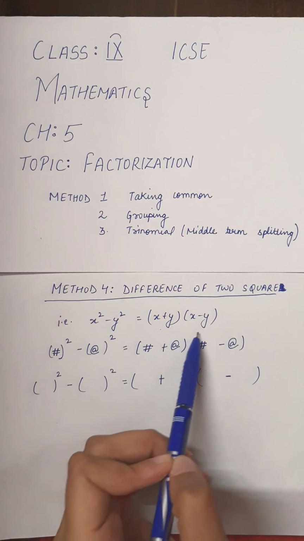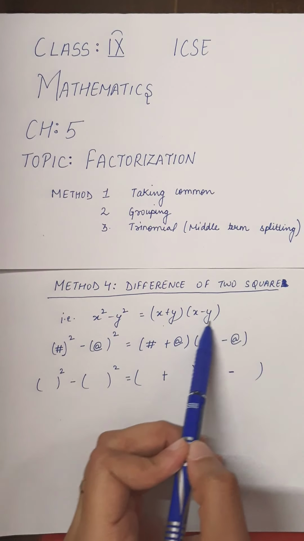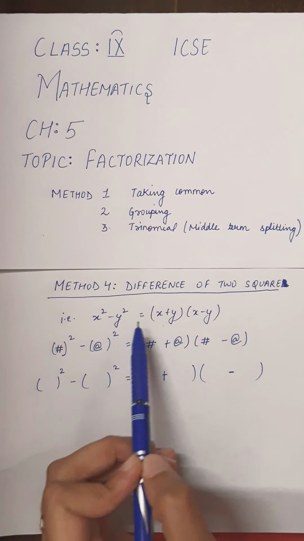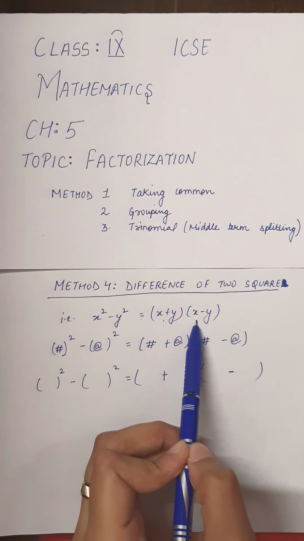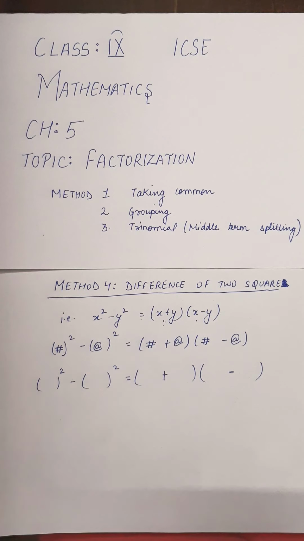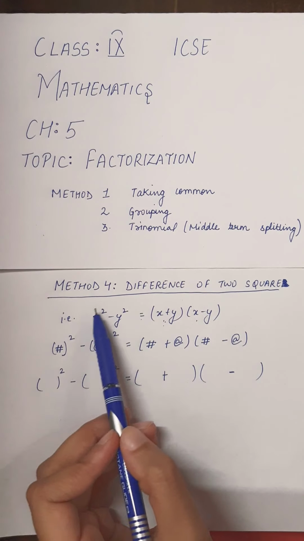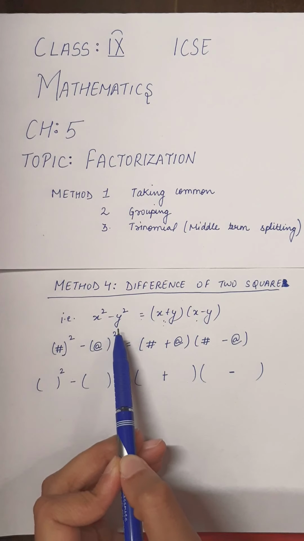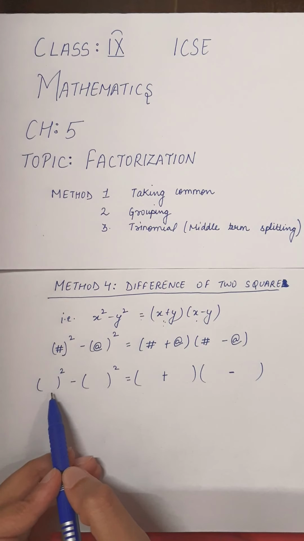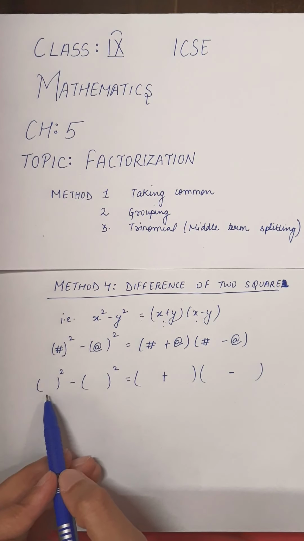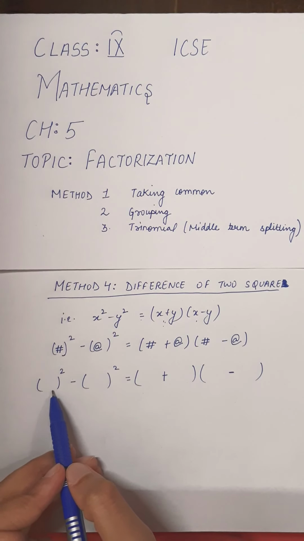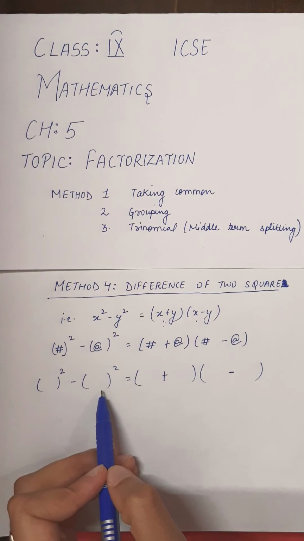Children, this identity is well known to you. x square minus y square is (x minus y)(x plus y). Now many of you get confused in the identity. Here x and y are only symbols. This we can read as difference of two squares, that is square of some number, or square of a term, or square of an expression, minus square of another expression.